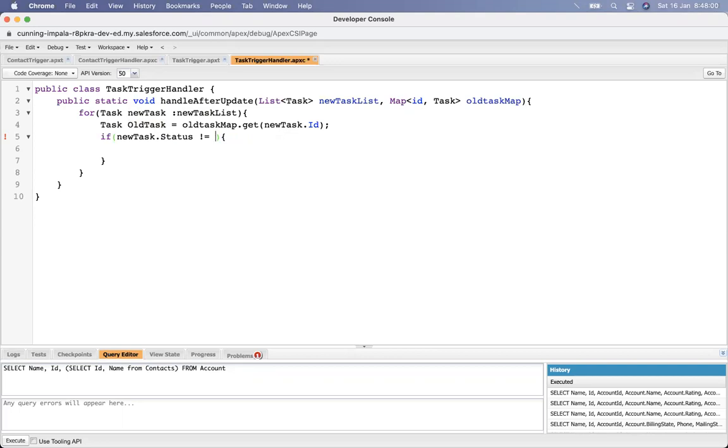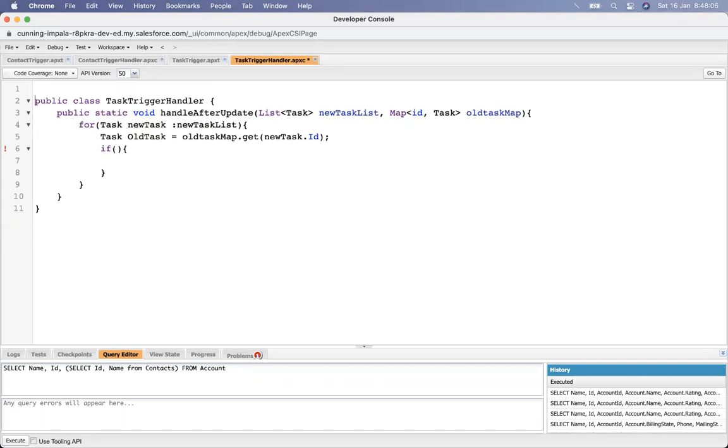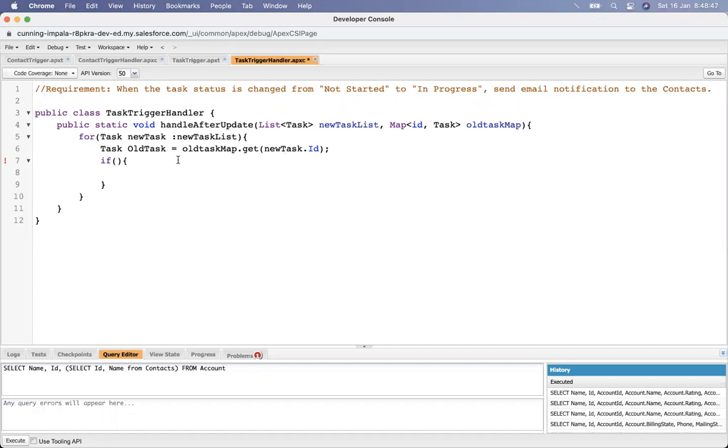I need to check that it is started, which means the old task dot status is equal to not started